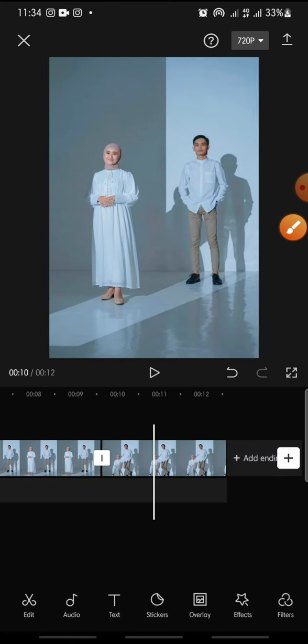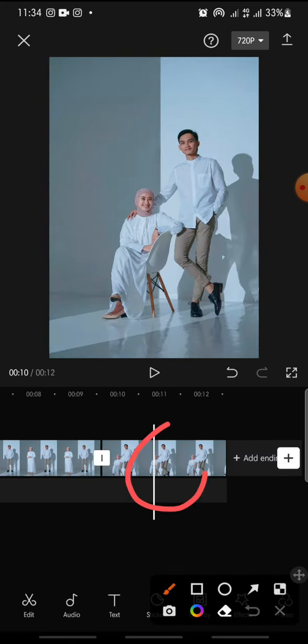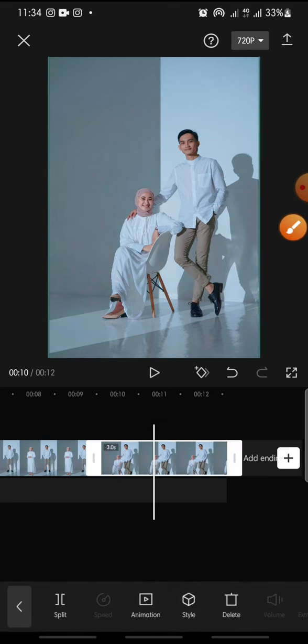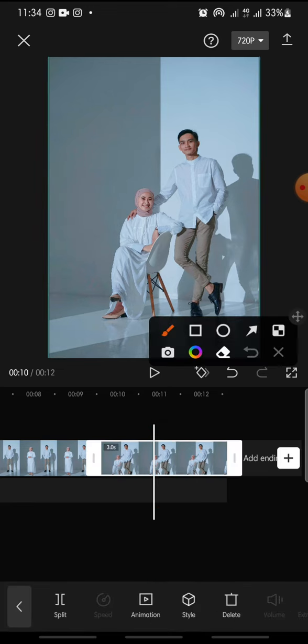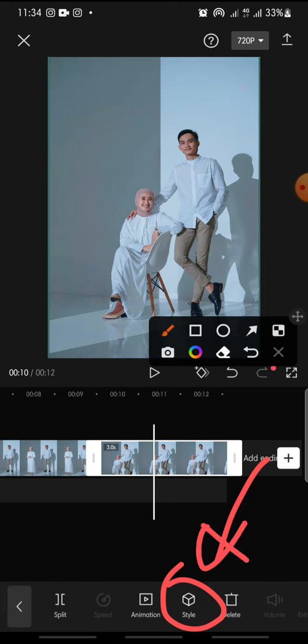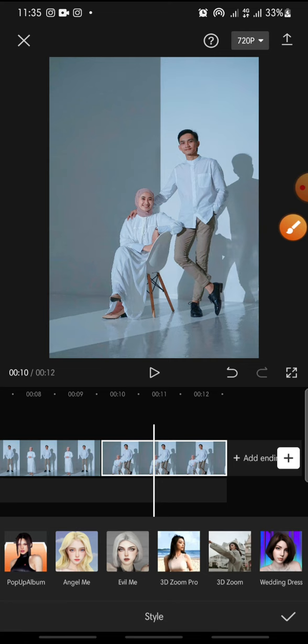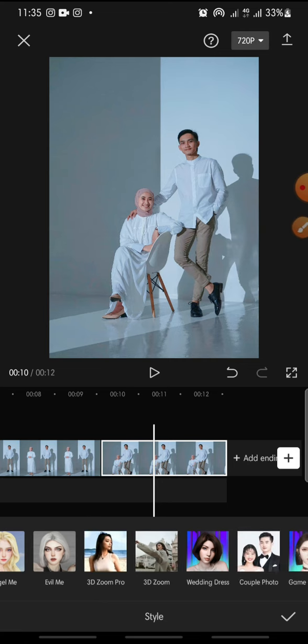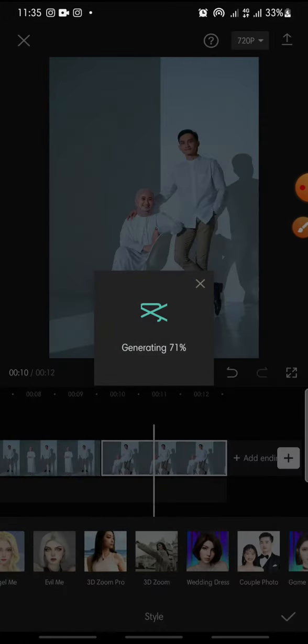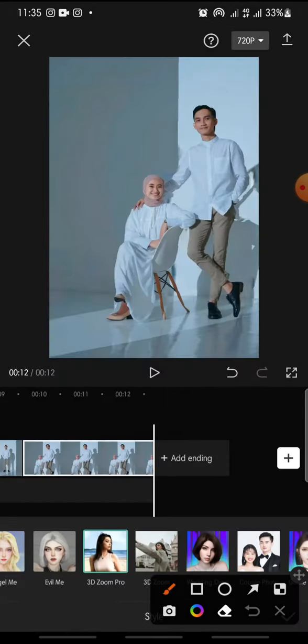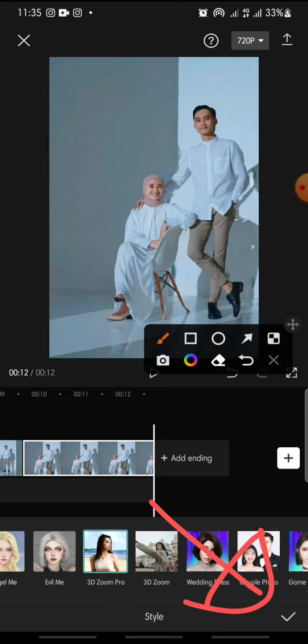Okay, now you can click on the fourth photo, this one, and after this you can click on the style again. Okay, and after this you can choose the effect that you want to edit, maybe this one. Okay, please waiting. And after this you can click check icon in here